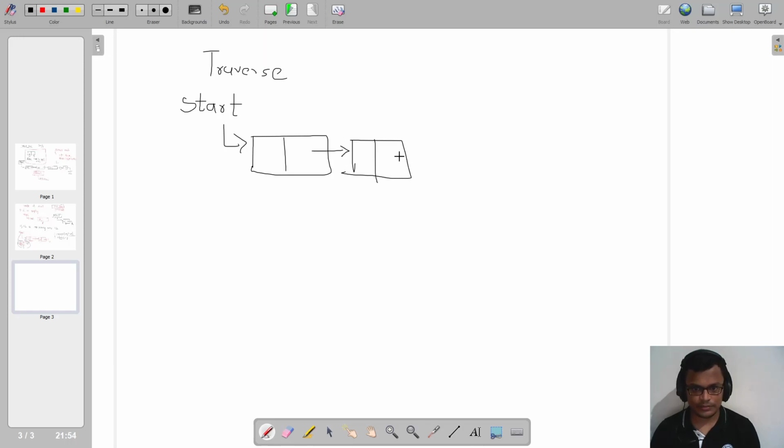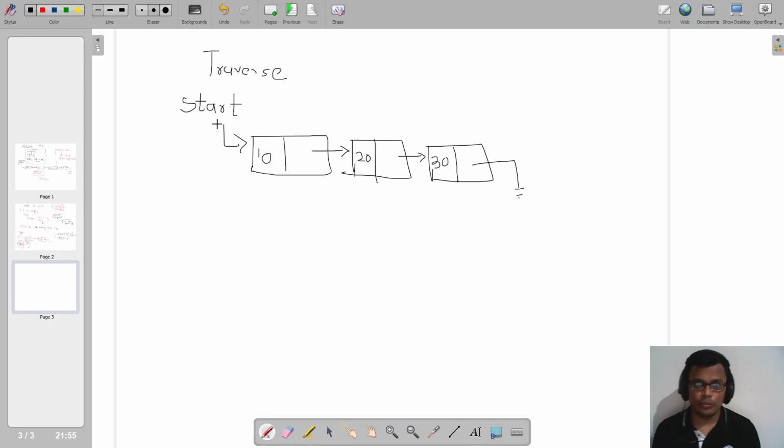Suppose this is a linked list that I need to traverse. This is 10, this is 20, and this is 30. For traversing, I should go to these nodes one by one and print its data.